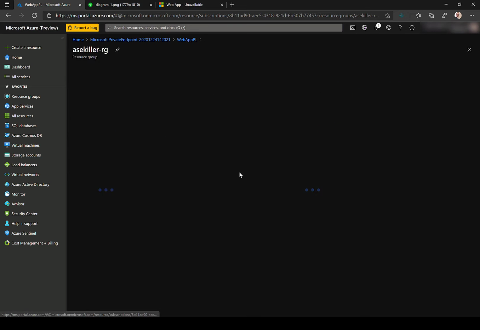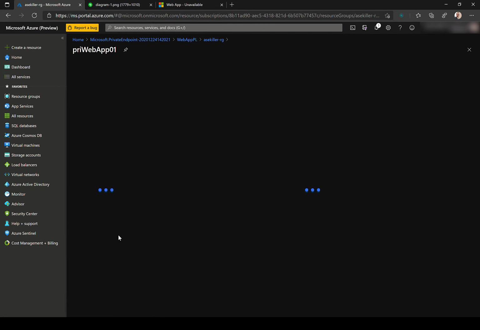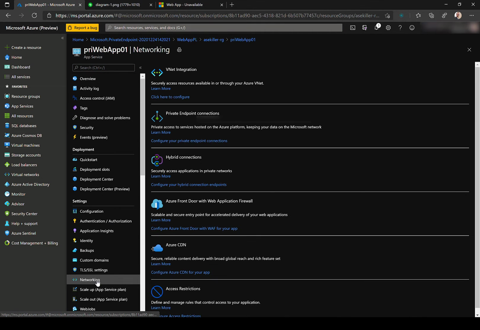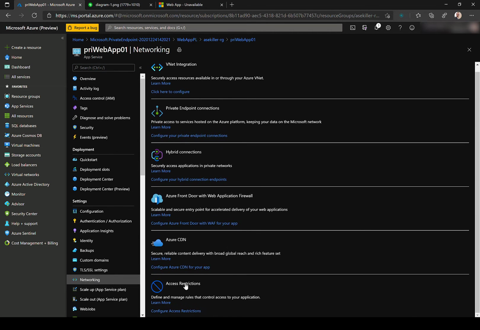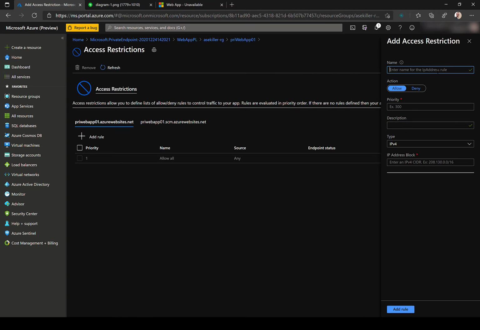And what we can do is go into our app service, and down here under networking, we have a section called access restrictions. Access restrictions is more useful when you're doing service endpoints than private link, but just to confirm that we are only allowing private link, we can